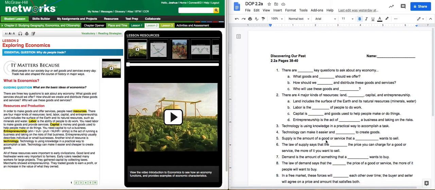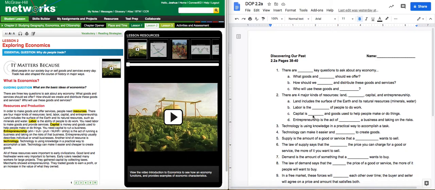Continuing on, capital is the money and goods used to help people make or do things. You need capital to run a business. And so capital, you're filling in the blanks, is the money. Let's say I'm going to run Home Depot. Hey, I need a ton of capital. I need money to build the Home Depot and then pay for all the products to bring into Home Depot. Now, once I got that set up, then obviously as people come in and buy that stuff, it's going to create money for me that I can buy more and pay that stuff off.